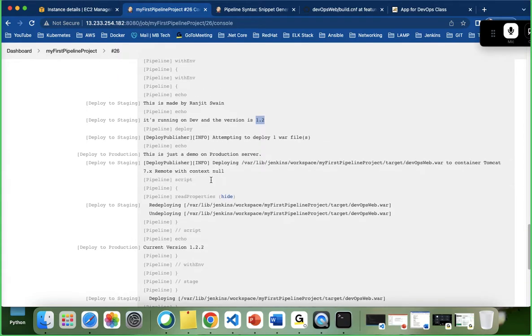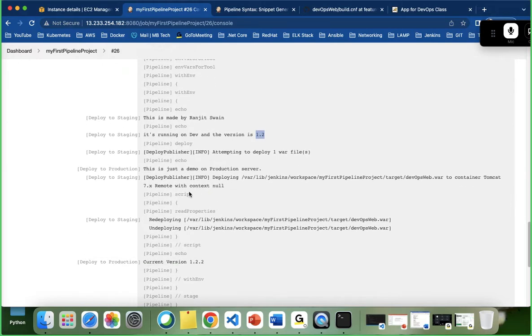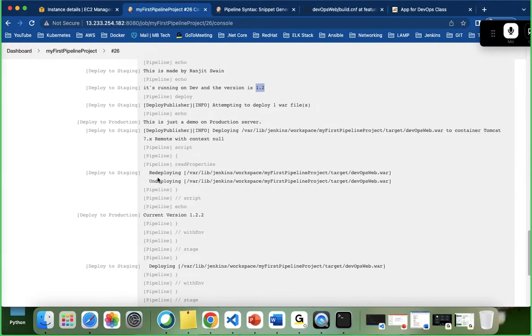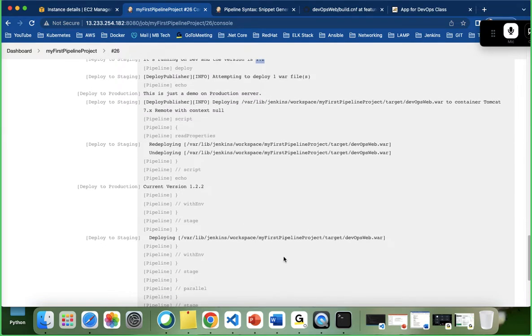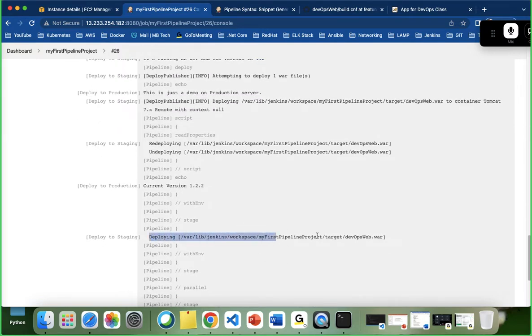Okay, so let me do some changes and we'll see that three options will come: redeploying, undeploying, and deploying. Deploying is already there here. So what happens here, in between this redeploying and deploying, we have written one command here, deploy to productions, as